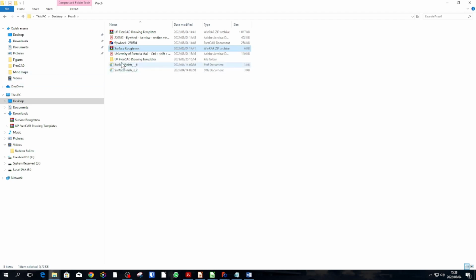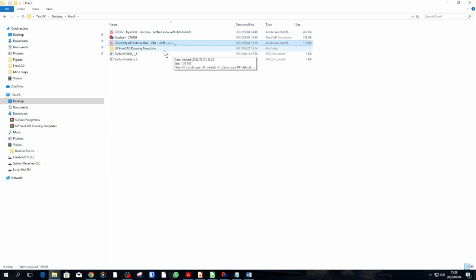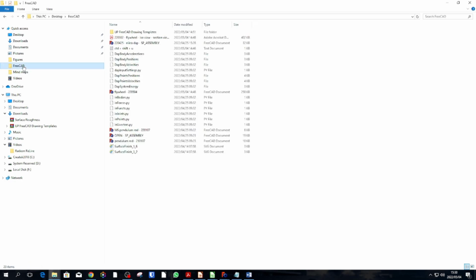Okay, and these two files, so we can then delete those zip folders, and what we can do, this PDF Control Shift U, which I've printed from my email, plus the FreeCAD drawing templates, plus the surface finish, we can remove that from the prac6 folder, and let's put it in